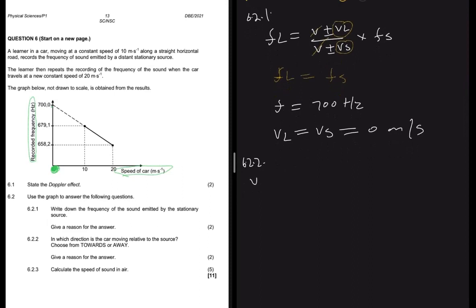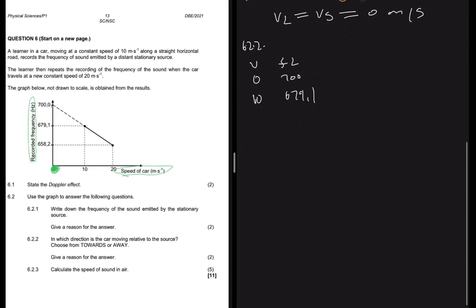So if when the velocity is 0, the frequency observed is 700 hertz. When the velocity is 10 meters per second, the frequency observed is 679.1. So it seems like when the speed of the car is increasing, the frequency observed is going down. That only happens when a vehicle is moving away, right? Whether the sound source is moving away from the listener or the listener is moving away from the sound source. But then in this situation, we know very well that the sound source is stationary, so the listener is the